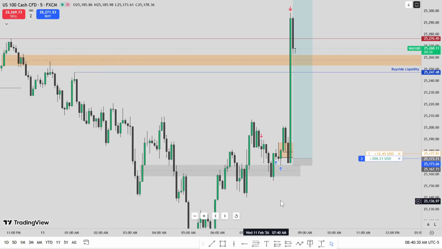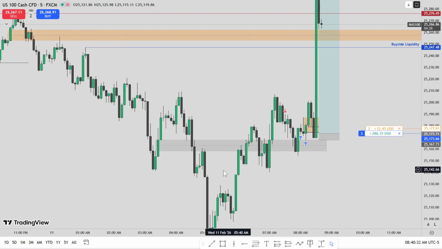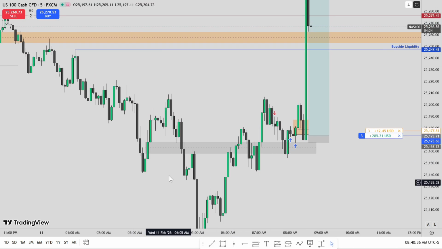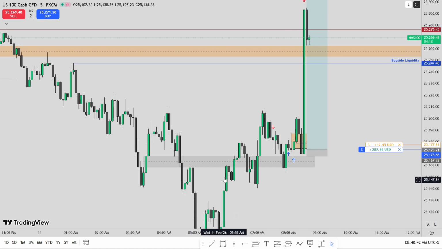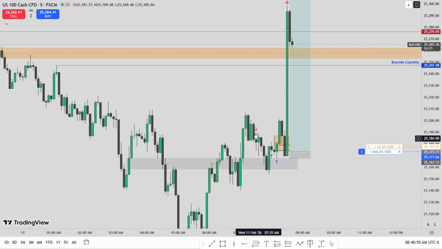All right, and this is where I entered. This IFVG is a bullish fair value gap. We sold off from here in the past. Then we traded through that, tried to go below that one more time, failed again, traded through that, closed above this high. There is a market structure shift. Then we consolidated within this range here.